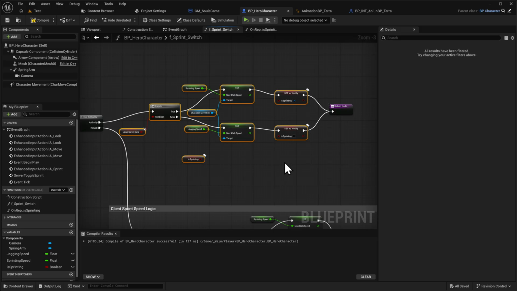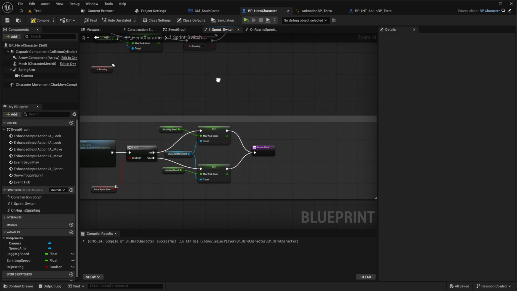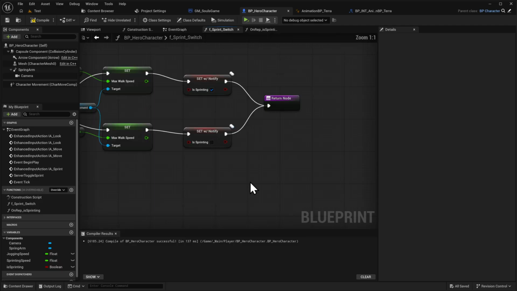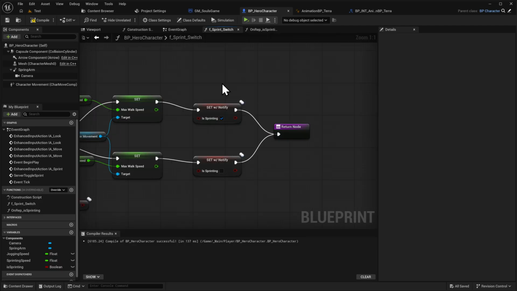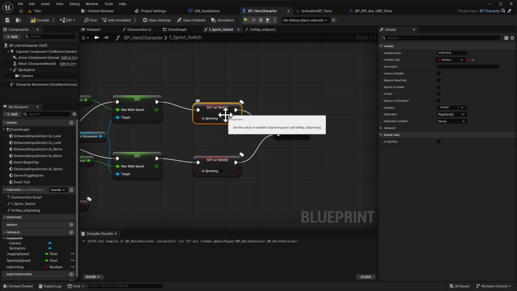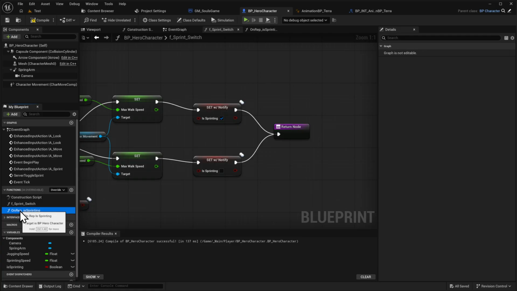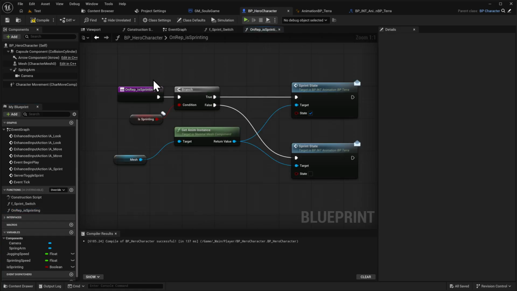So the same logic here as on the client side, but the difference is that we have used a variable which has a notify state. So the variable is sprinting is called its own function every time it changes the state with RepNotify. And this RepNotify gives us an onRep is sprinting function, which also, depending on the state, will be calling an